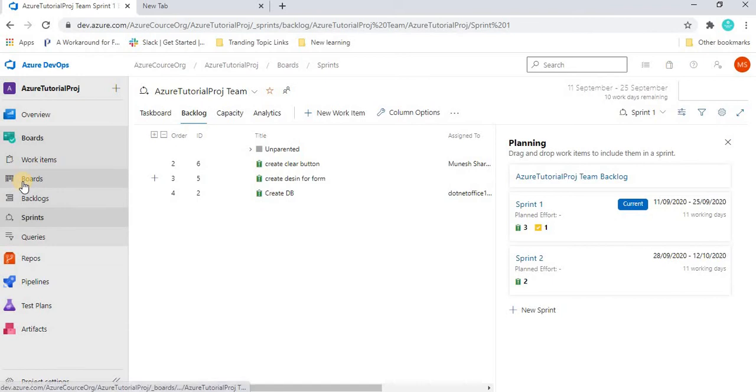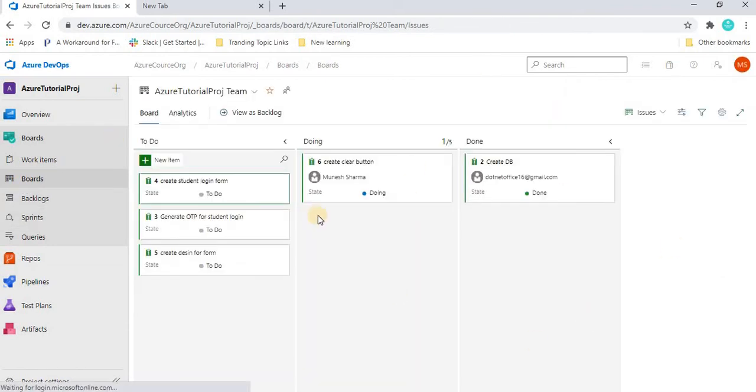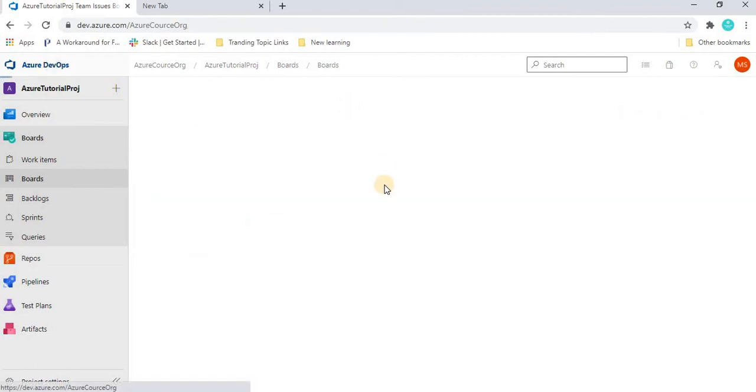When we go to the board, this board is the one we created in the previous tutorial. Whatever you are looking at is an Azure Board with the basic process. How can you identify whether it's a basic process or not?